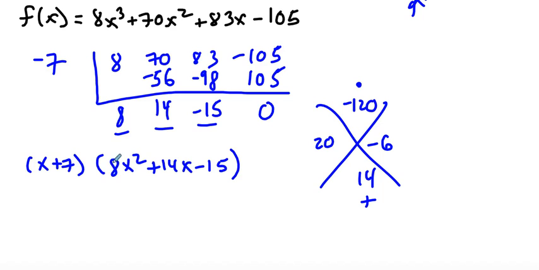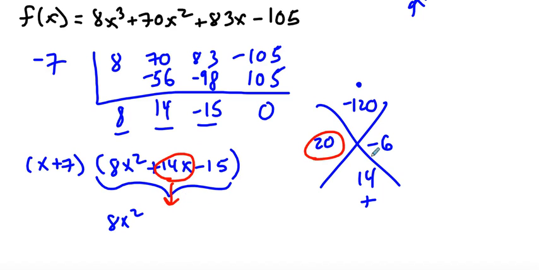So watch what I do here. I'm going to just work with this one right now. I'm going to leave my 8x squared, but now I'm going to rewrite 14x using these numbers. So I'm going to do plus 20x minus 6x. Do you see how I just rewrote 14x? That's all I'm doing right there. It is still 14x. I'm just rewriting it and then dropping down -15. I just want you to realize that I haven't changed the problem, just the way it looks, but it's essentially the same problem. So now if we group